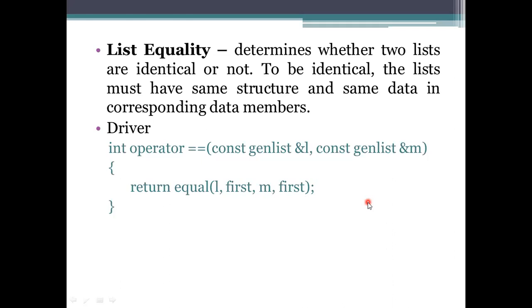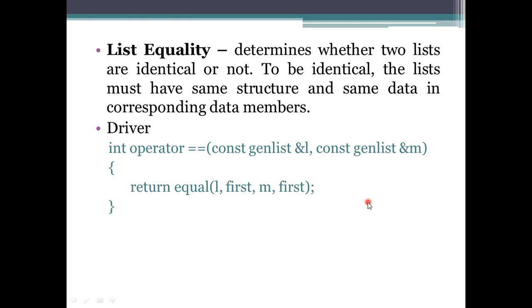List equality means we need to take these equal representations into account. What it is doing is it needs to be provided with the same structure. Means the length is 2, the length of the elements is 2 only. What happens here? The length of the elements being 2 does not mean we can say that both have the same elements. So what is the structure of that one? If the first element is an atom, then in the second list the first element has to be an atom. If the second element is a list, it should consist of a list here.